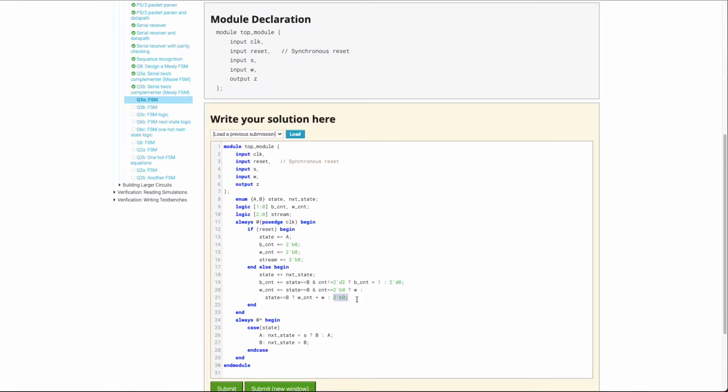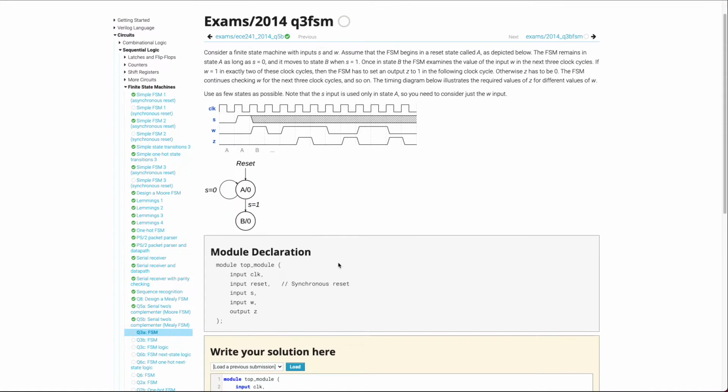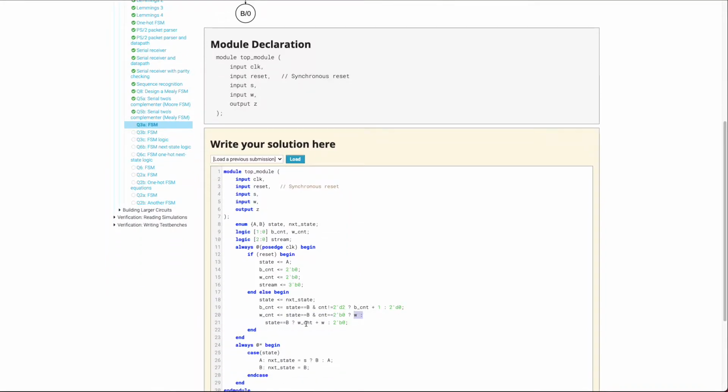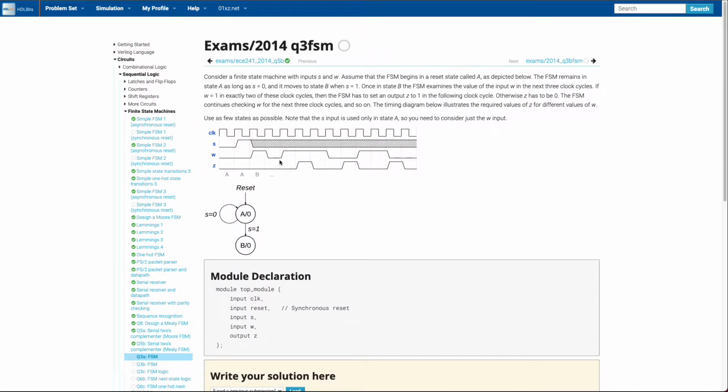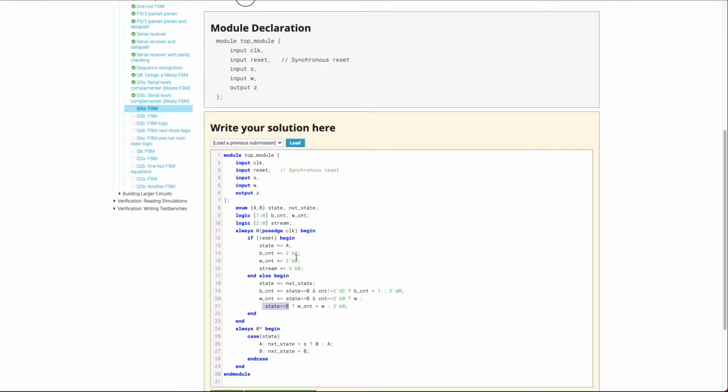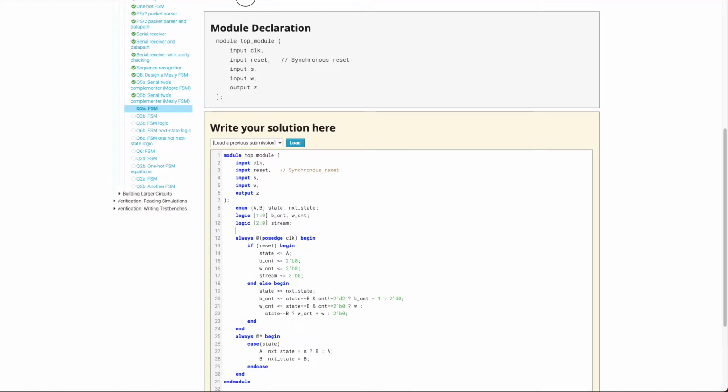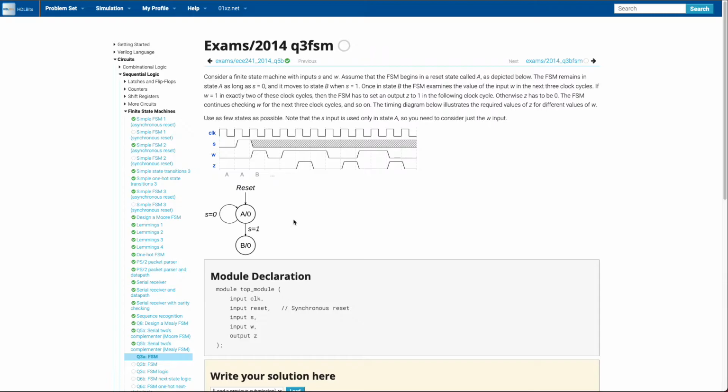Basically, if we're not in state B, we stay in 0. If we're in state B and we're at count modulo 3, like here, here, or here, then we just propagate this W to the next cycle, which implies that the W count is 0. And if we are not at 0, which means we're 1 or 2, then we just take whatever our W count was and add it to the W. And that's our W count. And then lastly, we assign our Z when